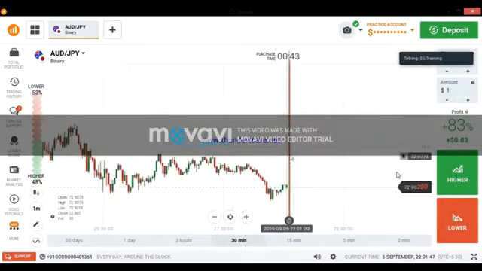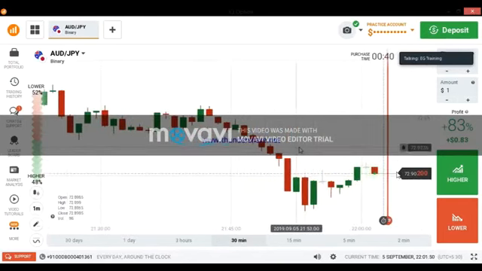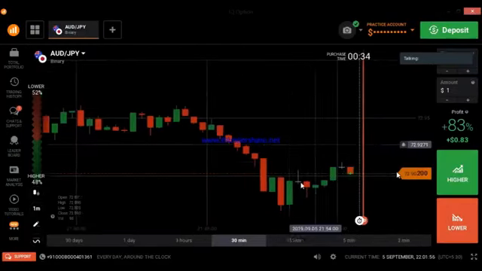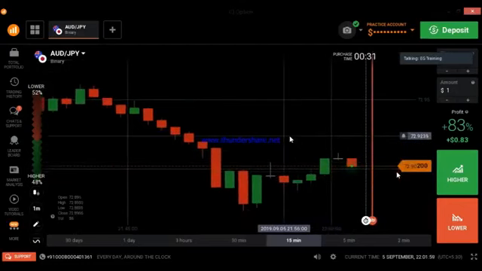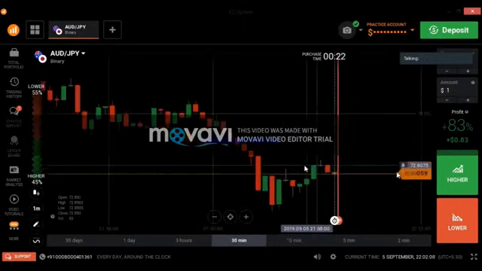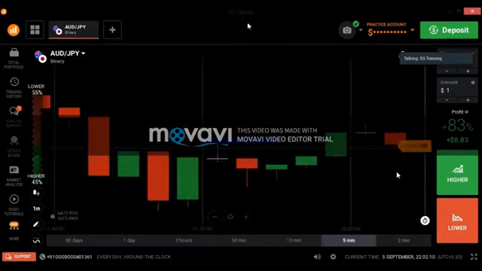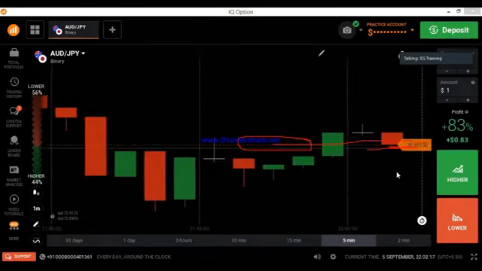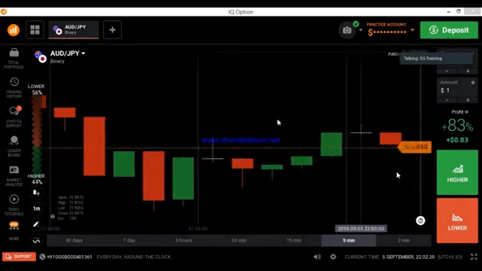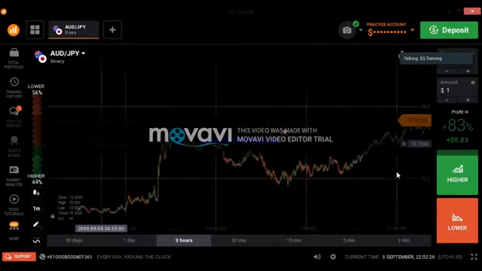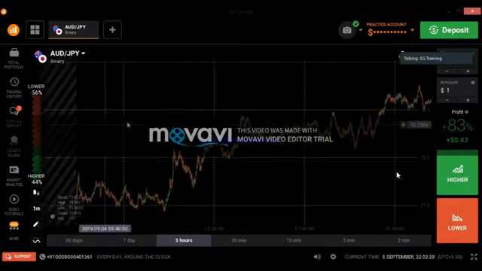So if you want to draw a strong level, you need to go with past history, in the past history near to this price bar. This is a price bar. We are seeing a price bar, price movement here. Near to this price bar, if you go in the past history, then you can easily draw the strong level, because you need to check which level the market is respecting mostly.